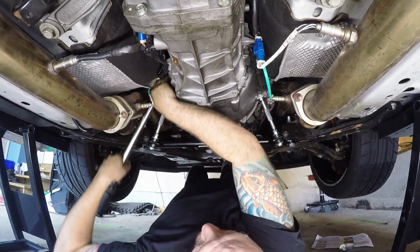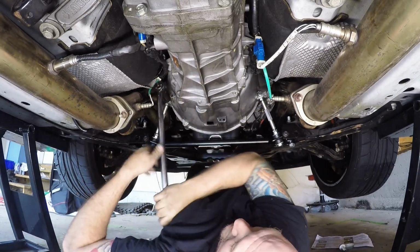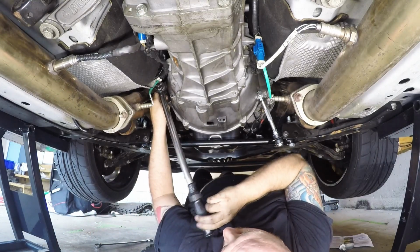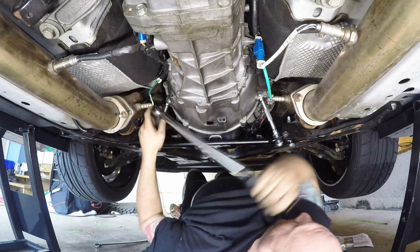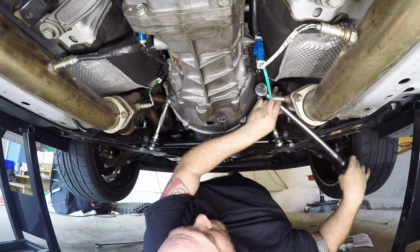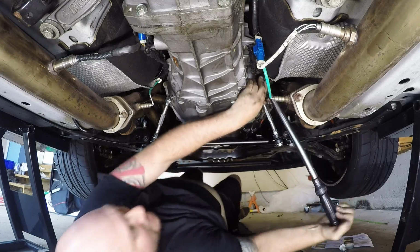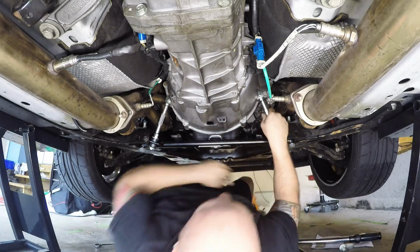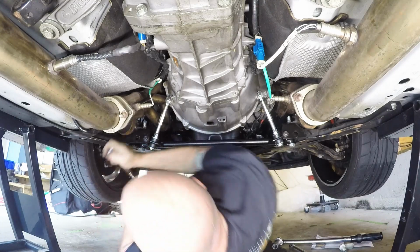And then we will try and adjust these. Alright, still set for 33. We're good. 33. Here's where things are tight when you're underneath the car. We've got a big torque wrench. 33. Alright, so now what you should be able to do is take your 17 millimeter